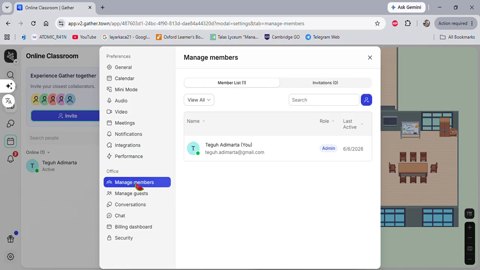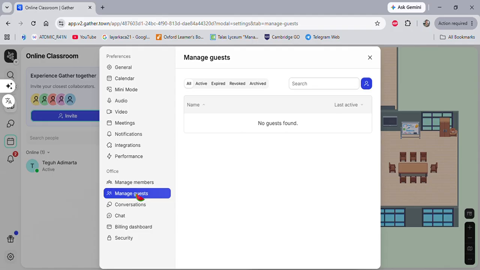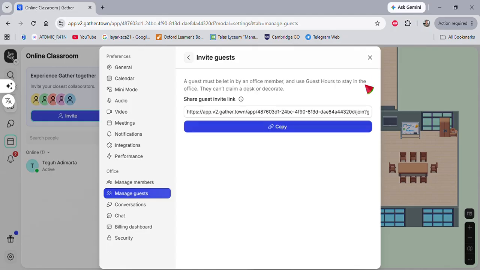And then manage the member if you would like to have them to have a task, but if not, then I suggest you invite them as guests. Here's how: click invite guest and then click copy, or just click like this one, click copy. Then this copied version you can paste into a WhatsApp group or the chat box in Zoom or Google